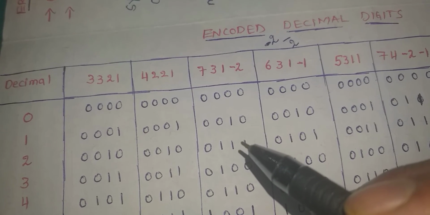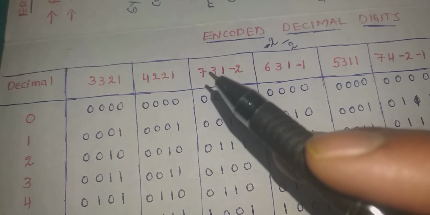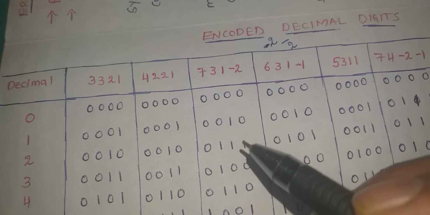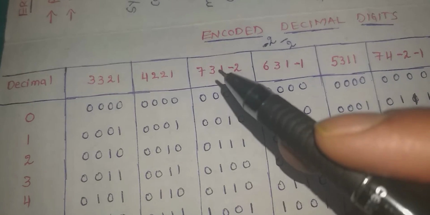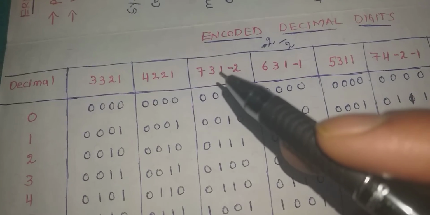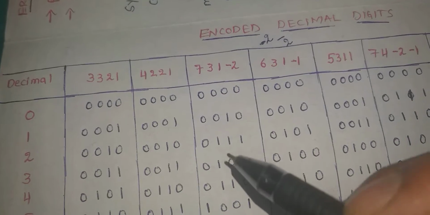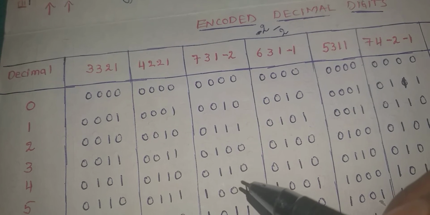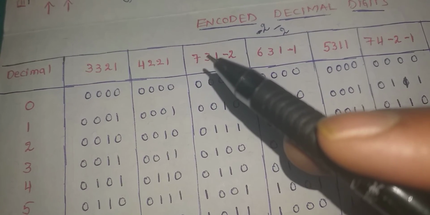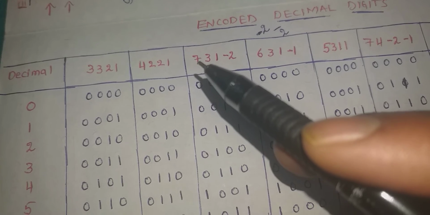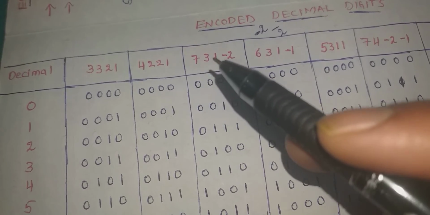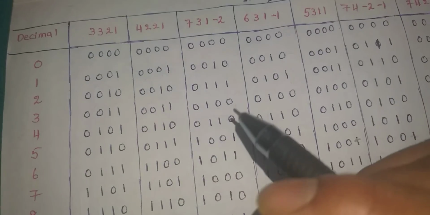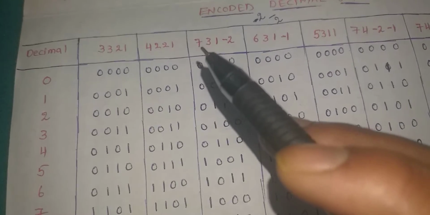Then 5 means, how can we get 5? Okay, if you observe, sorry, this is 0, 1, this is 2, sorry, it may be 3. 3 means directly you can take 3. 4 means 3 plus 1, you can take. Then 5 means 7 minus 2, that's why 7 minus 2 is 5. 6 means, how should we take 6? Okay, 8 minus 2 is 6, that's why 7 plus 1, that is 8. 8 minus 2 is 6. If you observe that 6, I have written like this.